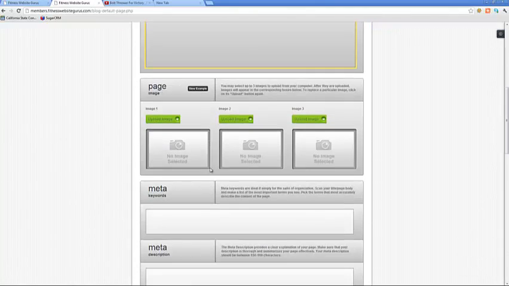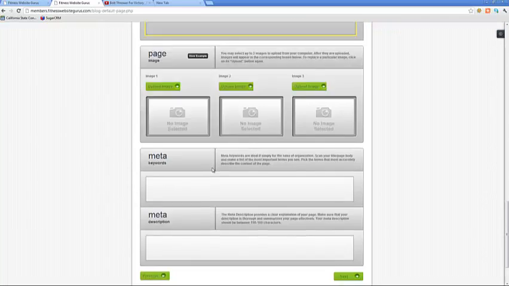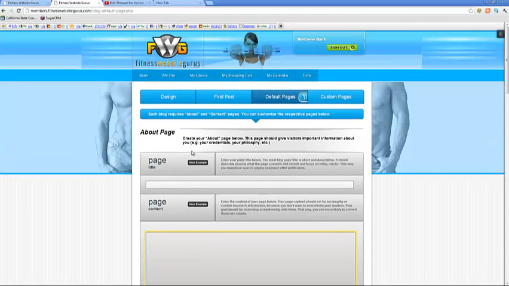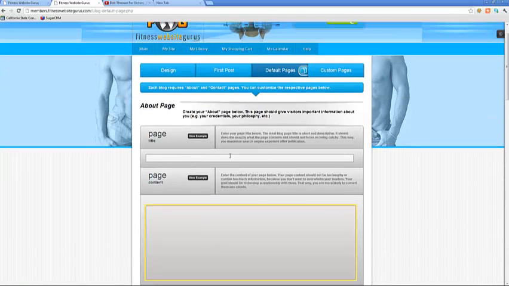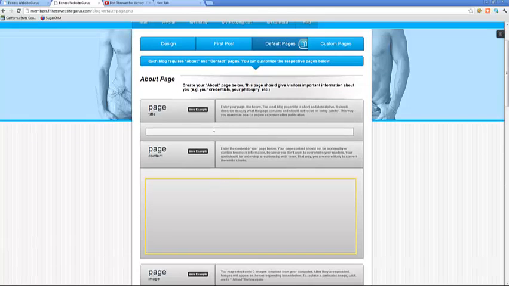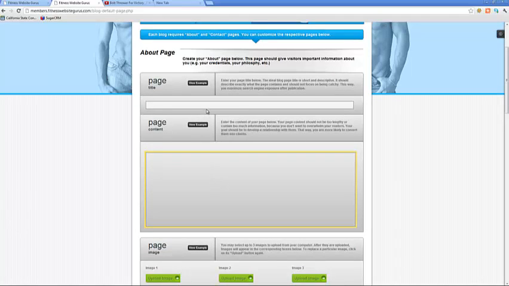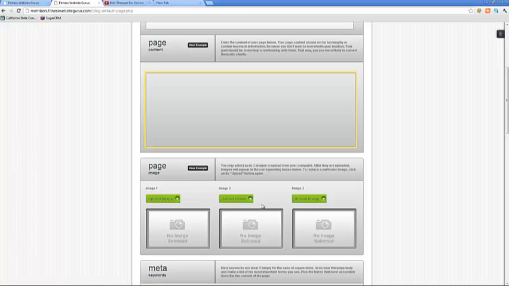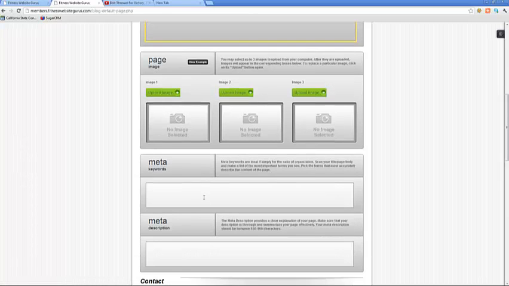Alright, moving on to default pages. And these are the About and the Contact pages. So for the About page, this is to basically give visitors important information about you that they would like to know, such as your credentials, your philosophy, your background, things of that nature. And the page pretty much contains the same elements of the first post. You have the title, you have the content, you have the images, up to 3, keywords, description,